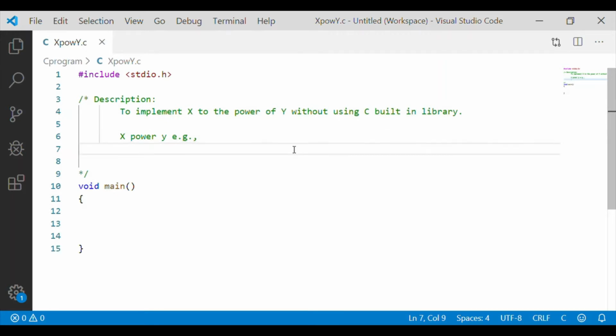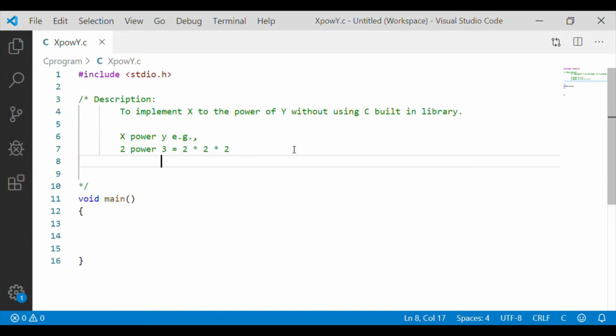Here 2 to the power of 3 is getting expanded as 2 multiplied by 2 multiplied by 2, that is, 2 will get multiplied 3 times, and the resultant value is 2 multiplied by 2 is 4, and again 4 multiplied by 2 will give us 8.